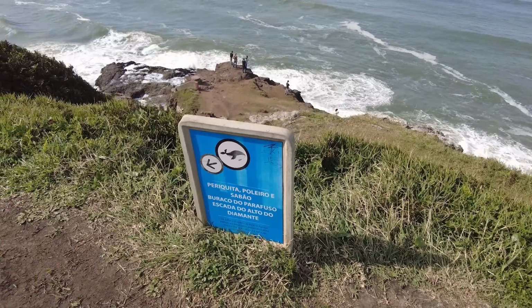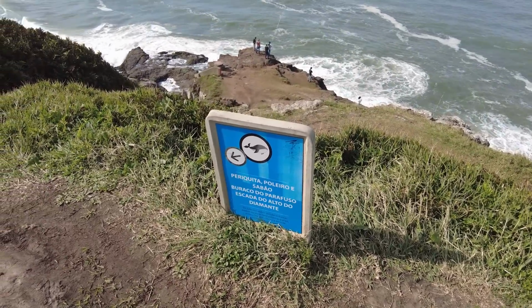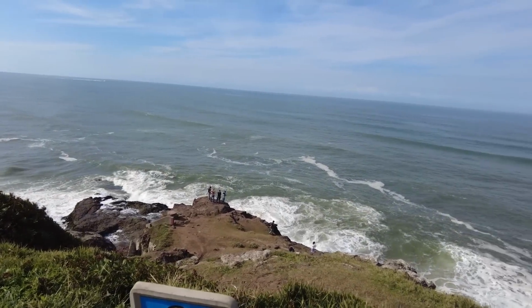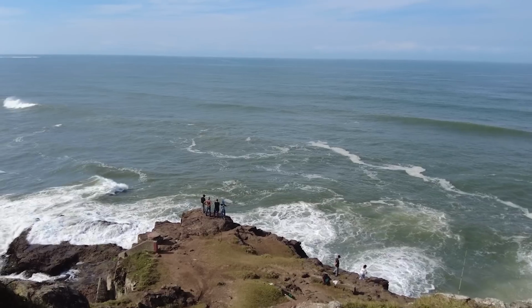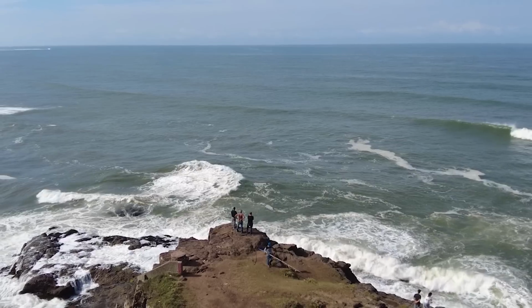It looks like this is a viewpoint for whales. Now, we haven't seen whales in a long time. We always love to watch for them. It is about season. I think we're a little far south for the prime area, but spoiler alert, we are on the lookout. And while we're talking, this guy has brought up, he's got 4 hooks and he caught 4